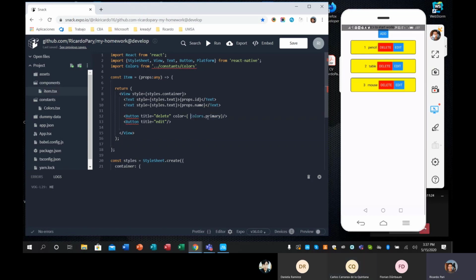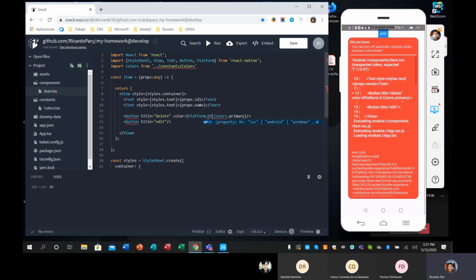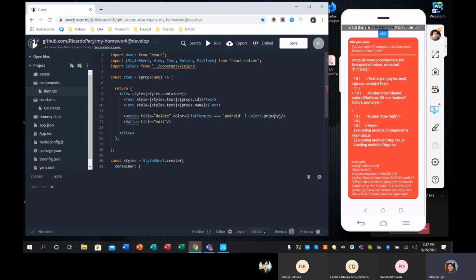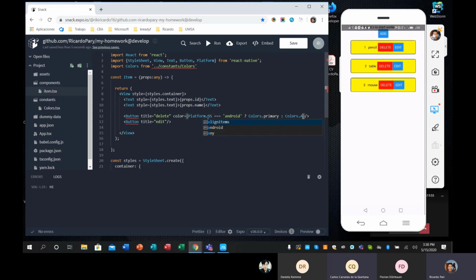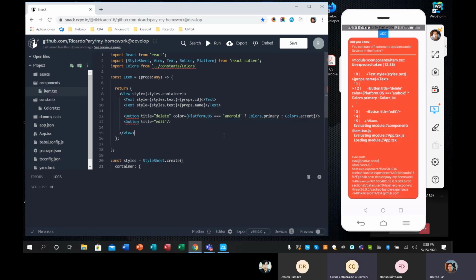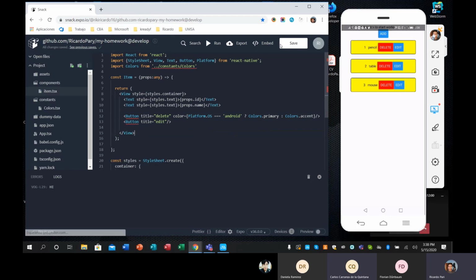But if you want to change according to the system, you can put this code. First Platform.OS equals Android. It will be only for Android, primary color, and if it is iOS system, it will be accent. Like this. Now, if you test this,